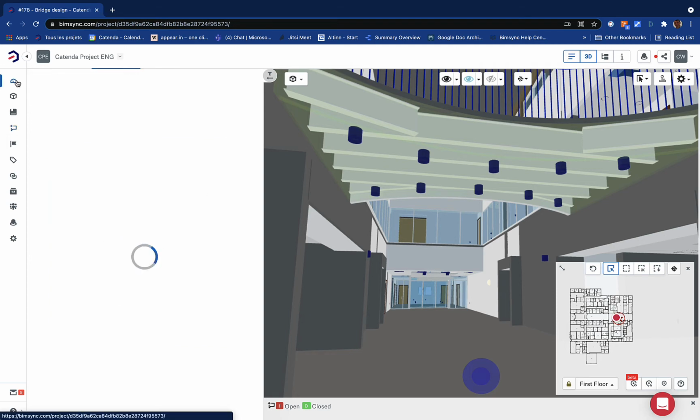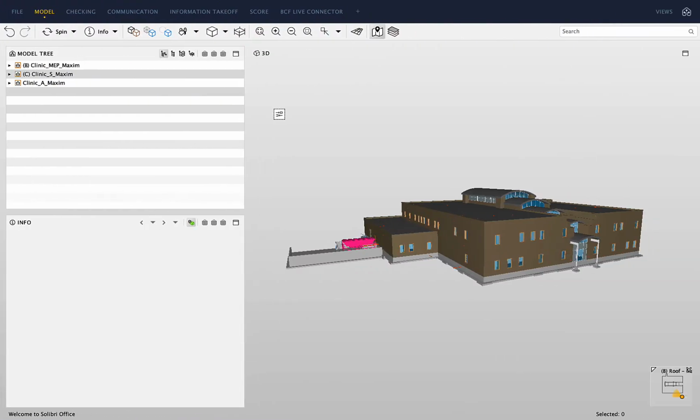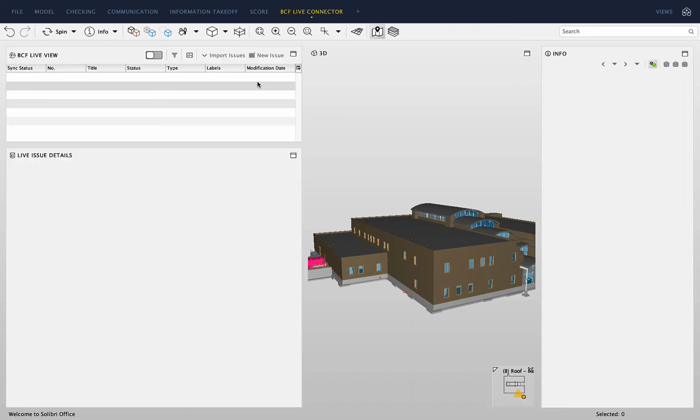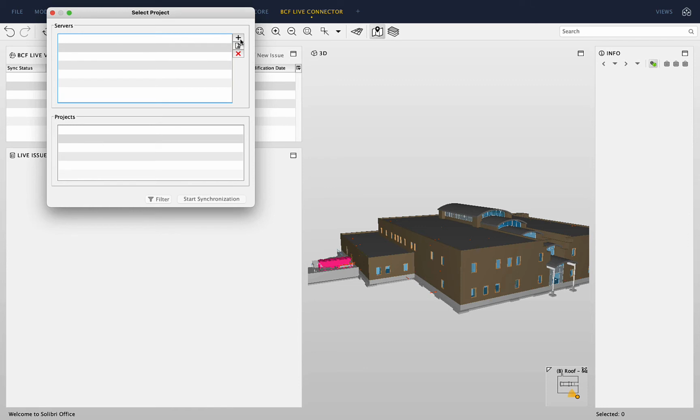So now let's go to the BIM coordinator role. I will open, and it's ready here, Solibri. So in Solibri, you have a setup that's called BCF Live Connector. And when you're using this, you will be able to connect directly without import or export with Bimsync. So I will set up a new server